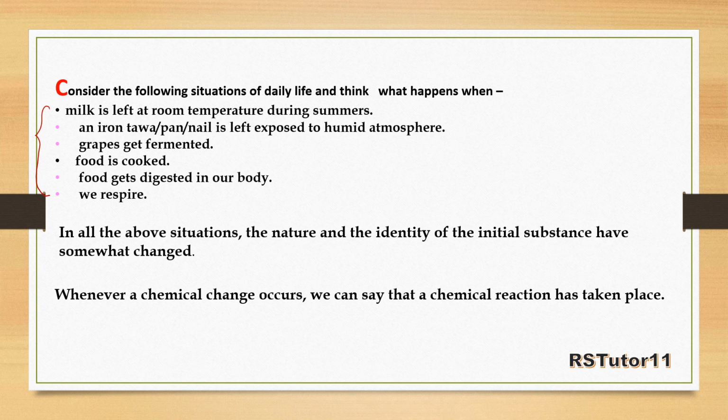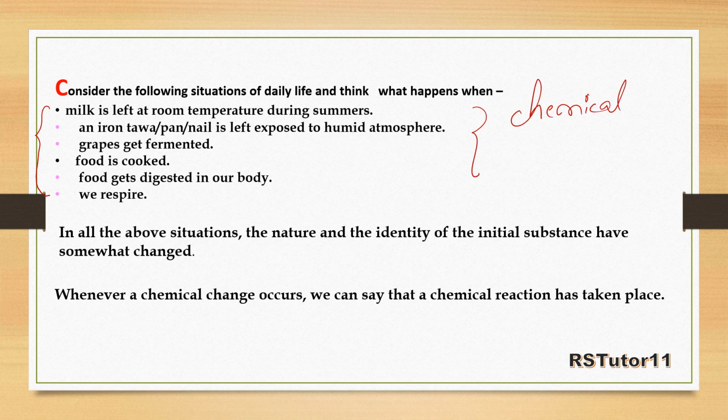Okay. An iron tawa, pan or nail, any item of iron is left exposed to humid atmosphere. What happens? Rusting of iron. Okay, जंग लगना जिसे कहते हैं. Grapes get fermented, turns to kishmish. Food is being cooked. Food gets digested in our body with the help of digestive juices. We respire. Okay, so all these things go under a chemical